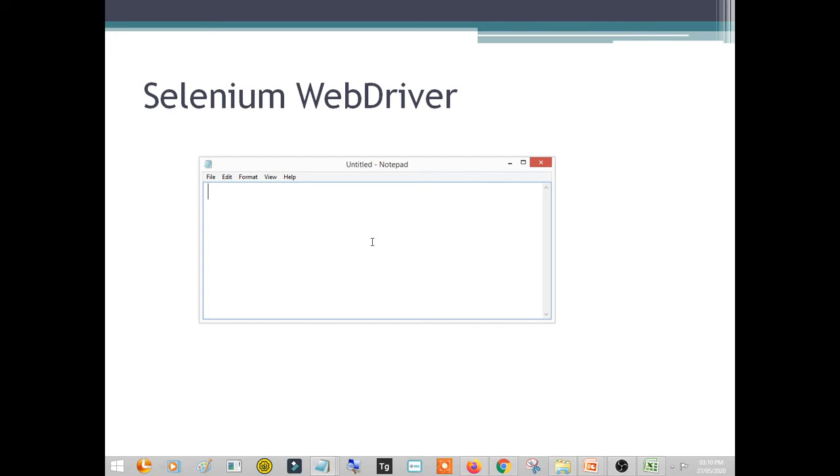Yesterday we saw there are three types of software. One is window based software, second is web based software, and the third one we saw was window based but online.